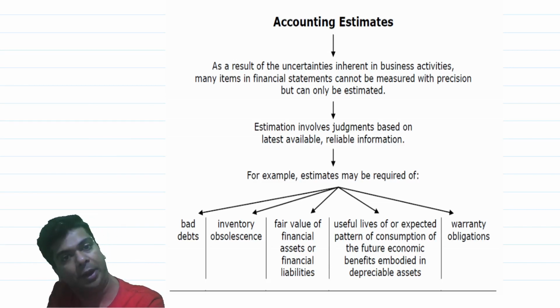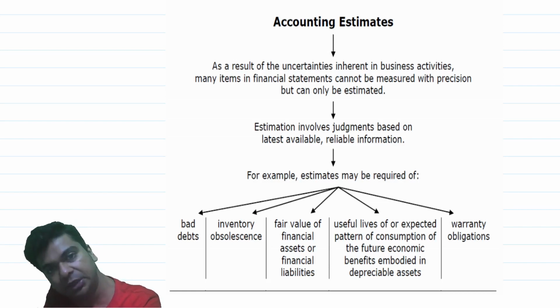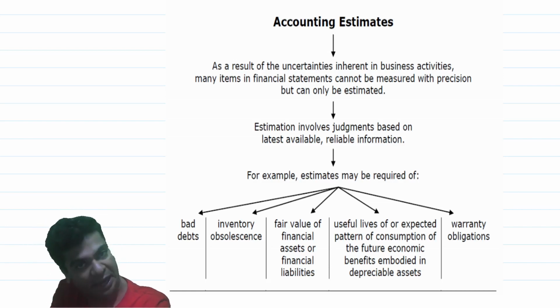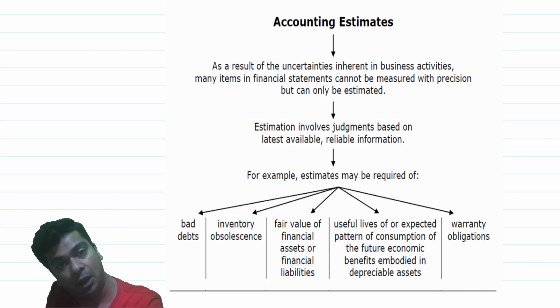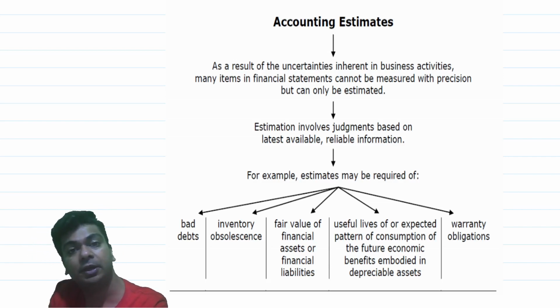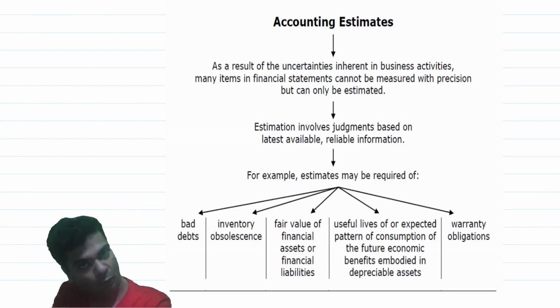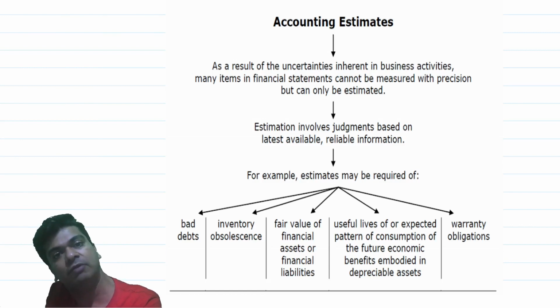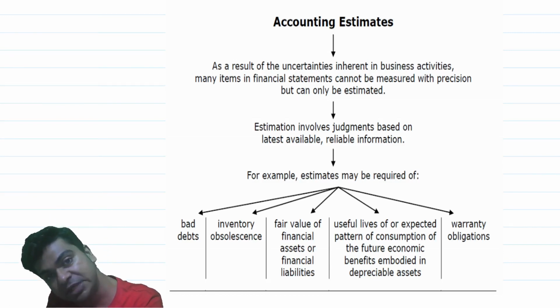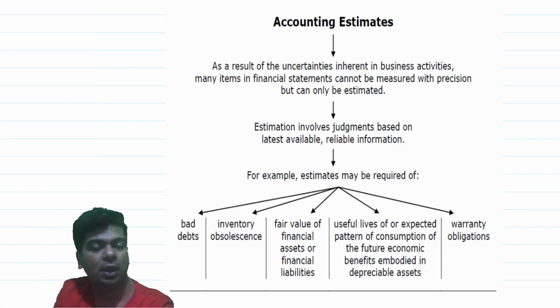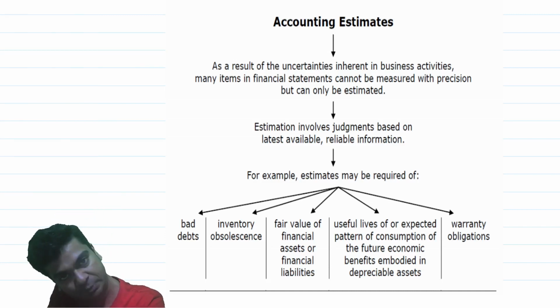I am selling on warranty basis. I know that certain goods manufactured by me may develop manufacturing defects. I know that when those products will be returned back to me, I will have to repair those products at my cost. How many products will be returned back? What will be the repair expense? Everything will be known in future. But the provision for the warranty cost has to be recognized right now. And that is the reason an estimate has to be made.